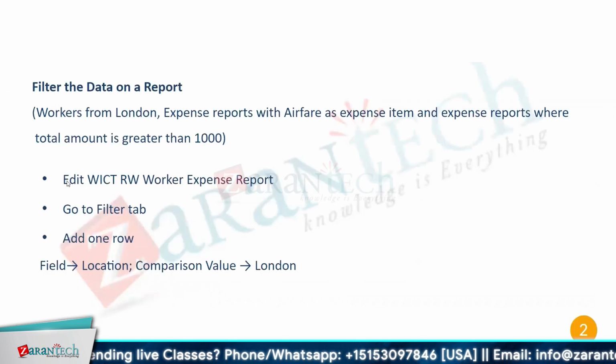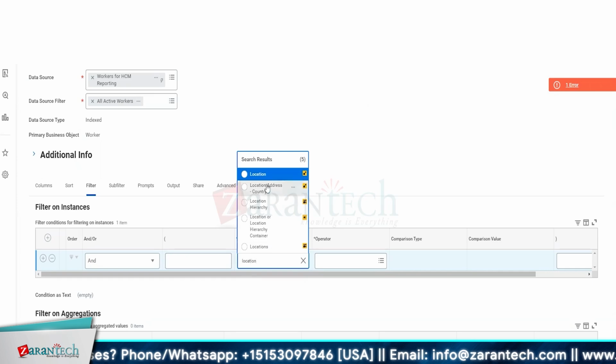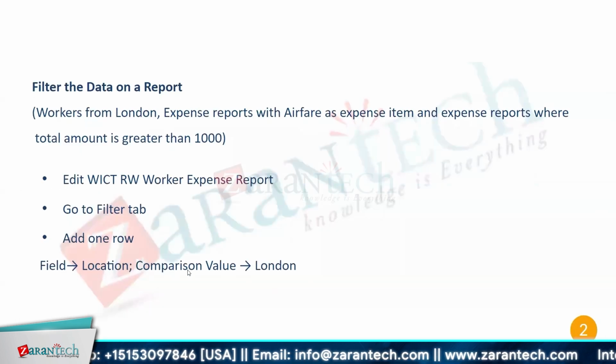So we need to filter the data of workers from London, expense report with airfares as expense items, and expense report where total amount is greater than 1,000. So let's go to the filter tab, add one row, field is location, then the comparison value,